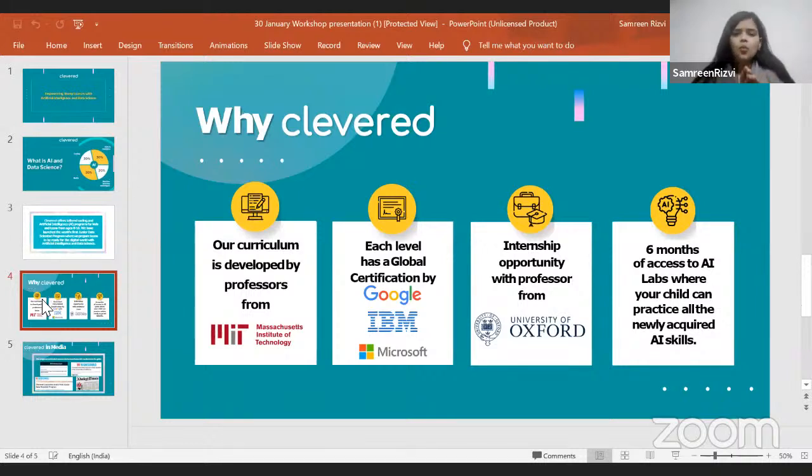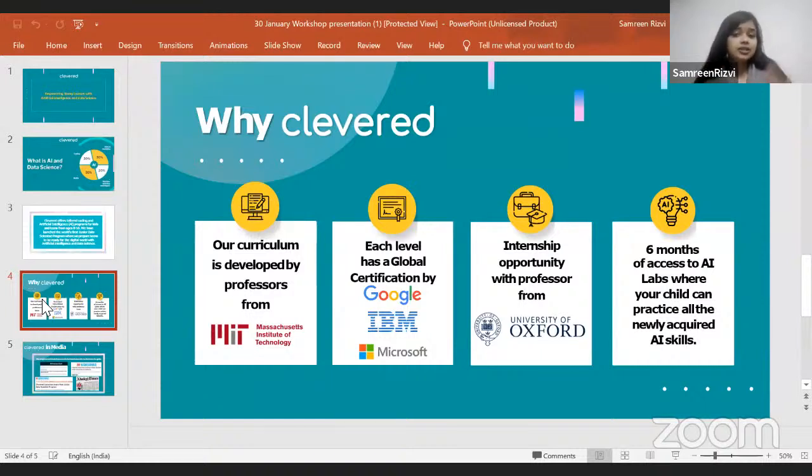Now, why exactly would a student want to get associated with Clever? Because the curriculum or content that we use on our platform, AI Labs, is developed by professors from MIT. Whenever students participate in the workshops conducted by us, they get a global certification by Google, IBM, and Microsoft.